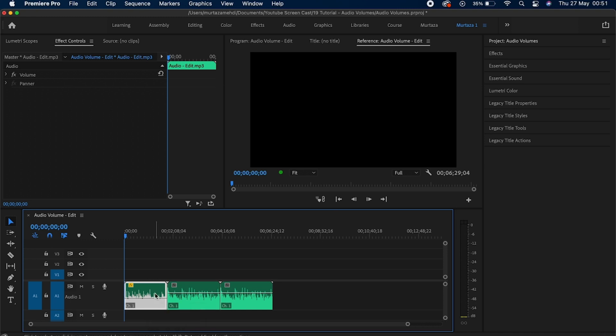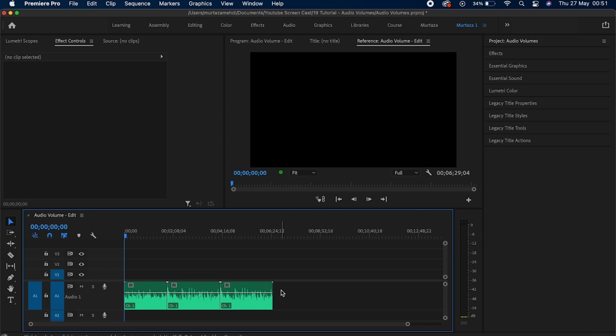It's fine to use this method if you've got 1, 2 or 3 clips on your timeline, but imagine if you've got 10 or 15 clips on your timeline, then you wouldn't want to go into each and every clip and spend time adjusting every single one of them. You will also then have to align all of your audio clips to make sure that there is no inconsistency. So to save some time, we will now look at the second way of adjusting